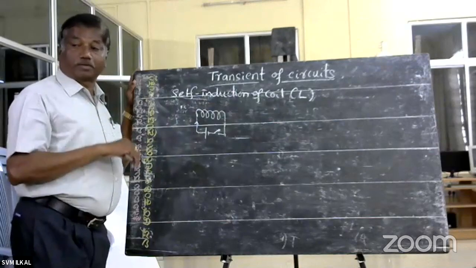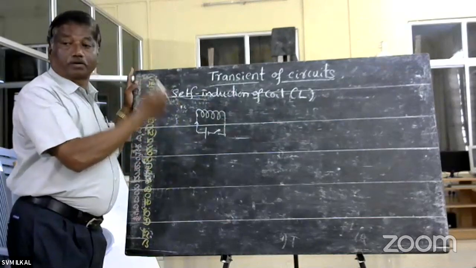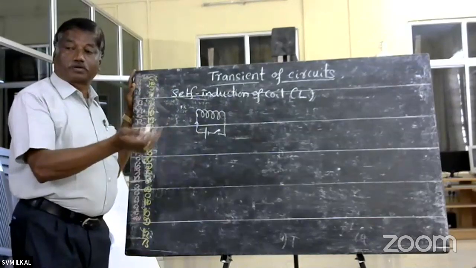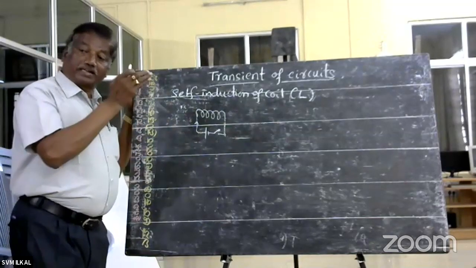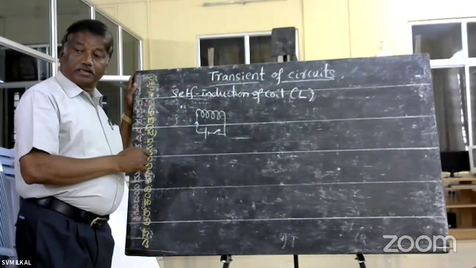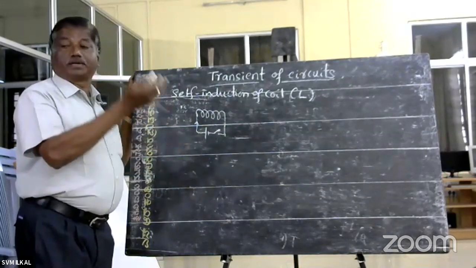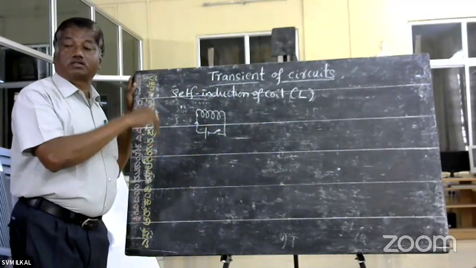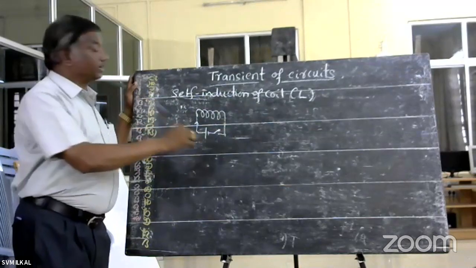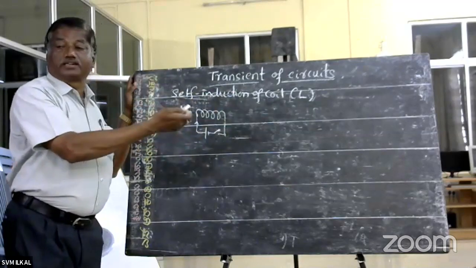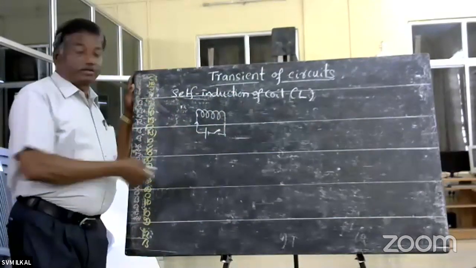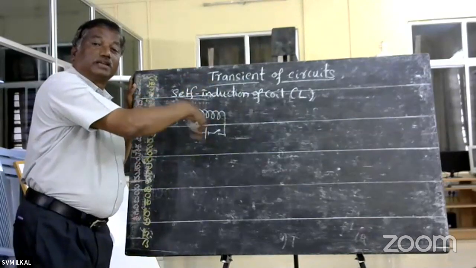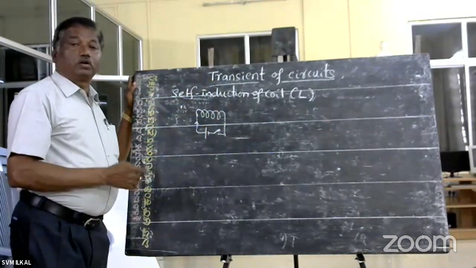What kind of magnetic flux? That magnetic field itself is a magnetic flux density, meaning the number of lines of force per unit area. That magnetic flux density may increase or decrease depending on the strength of the current or the change of the current. Whenever current increases, magnetic flux linked with the coil increases. When the current decreases, magnetic flux linked to the circuit decreases. So, when there